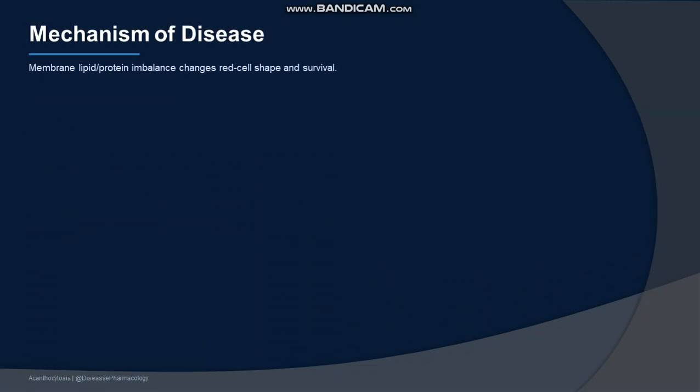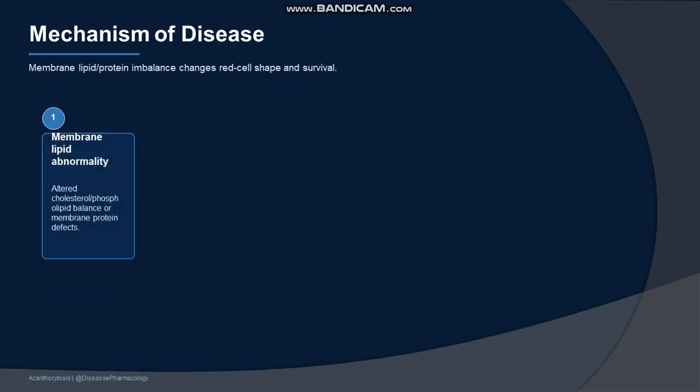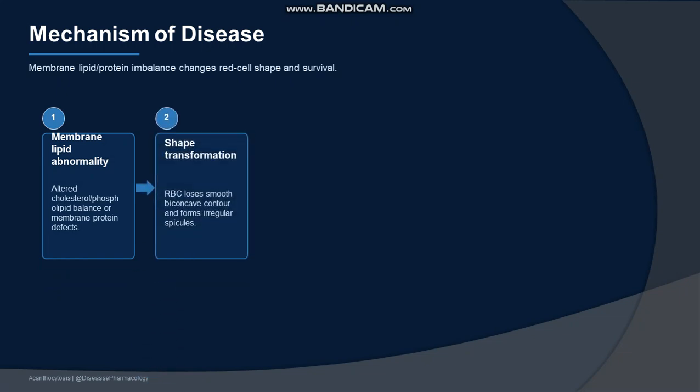Mechanism of the disease, that is very important. Membrane lipid protein imbalance changes red blood cell shape and survival. Membrane abnormality alters the cholesterol phospholipid balance, may change the membrane protein, and causes defects in the shape of the cells. Shape transformation: the RBC loses its smooth biconcave contour,